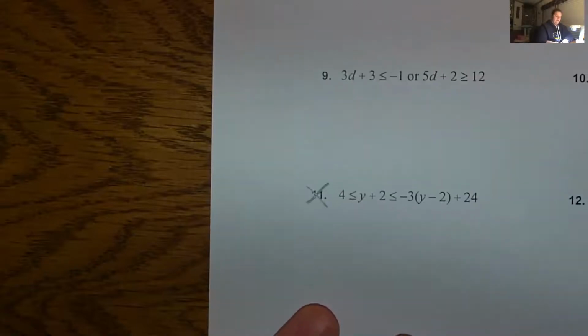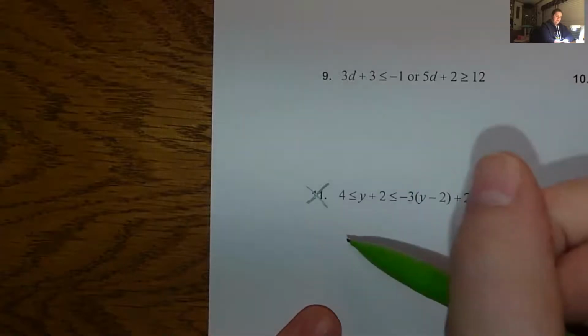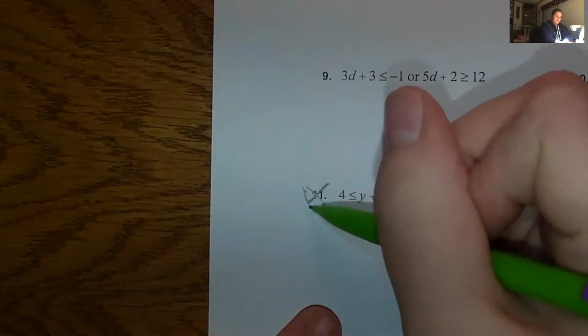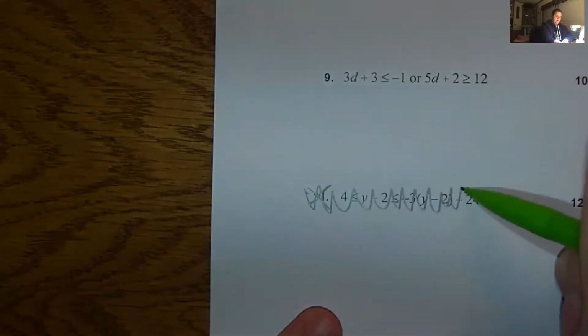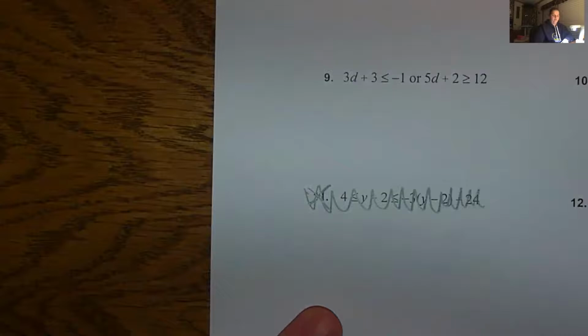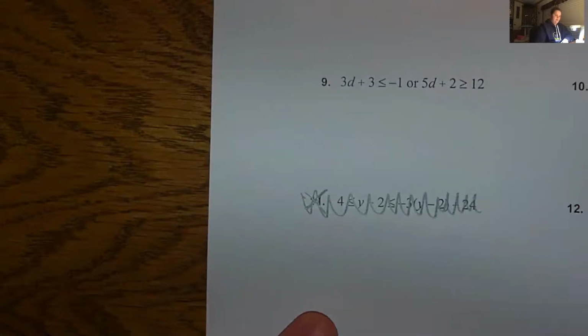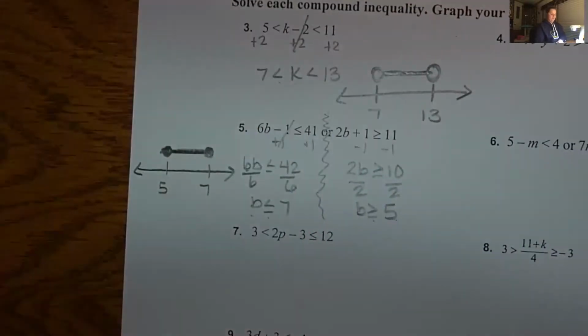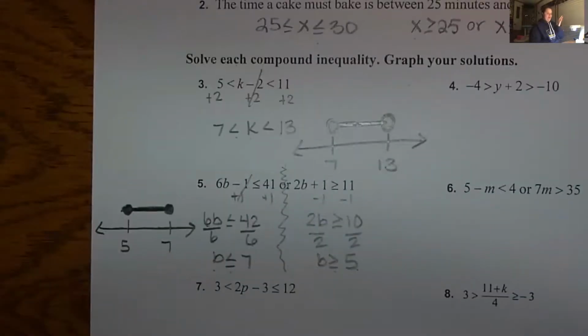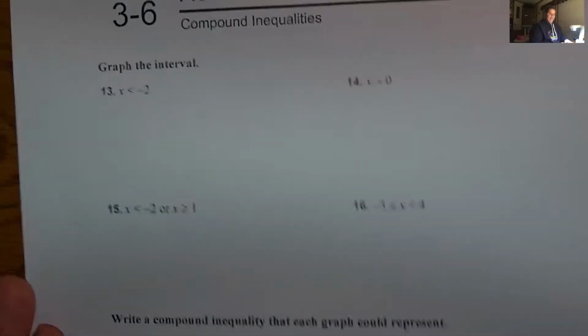On number 11, you can't do this problem, so you need to get rid of number 11. There was a typo. So go ahead and get rid of number 11. On 3 through 12, you're solving and graphing. On the back,